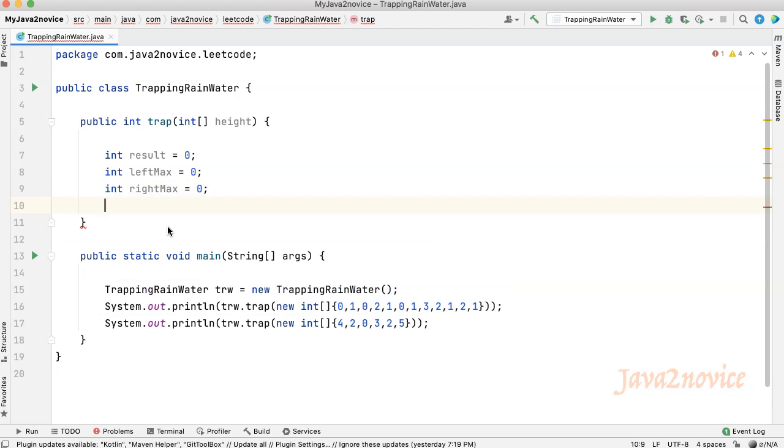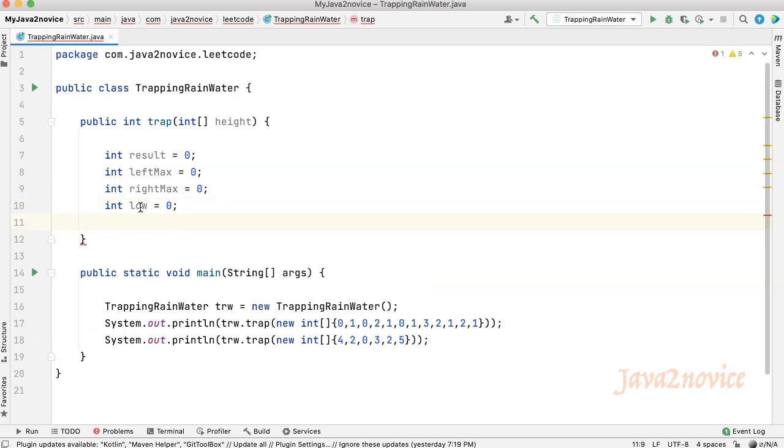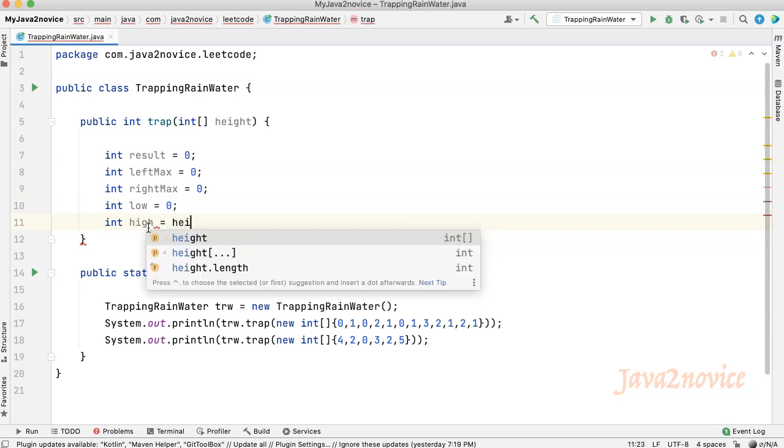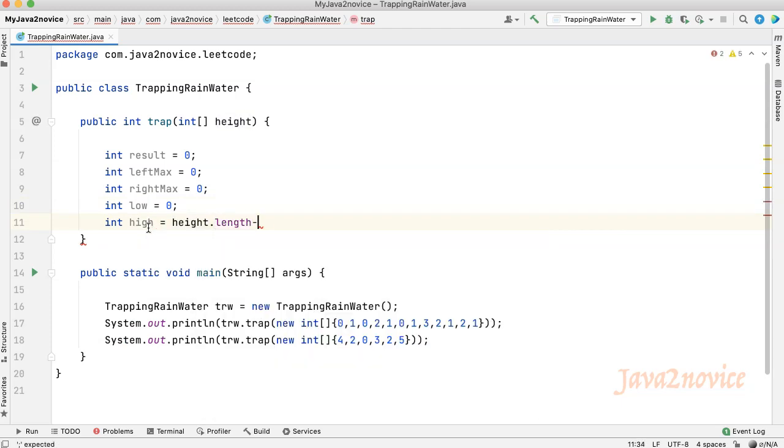Also, we will declare indexes to traverse array. This variable will be used to traverse from left side. Variable height will be used to traverse from the right side. Now we will use while loop to traverse the array.